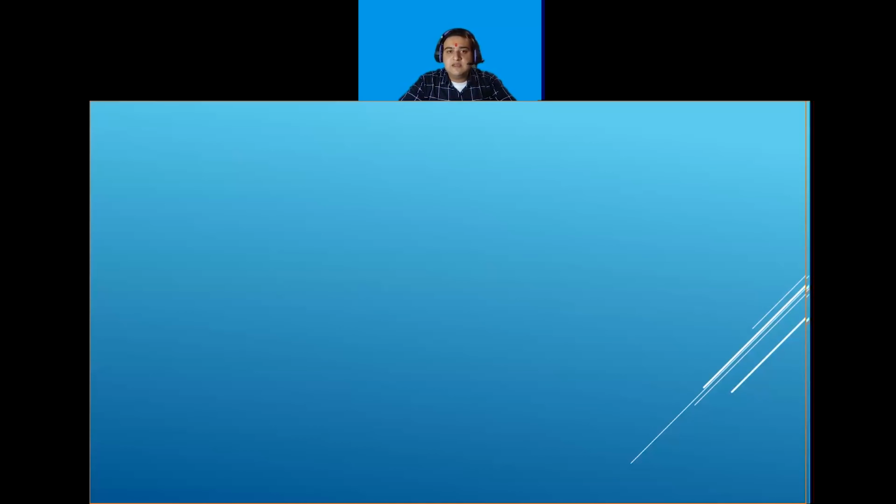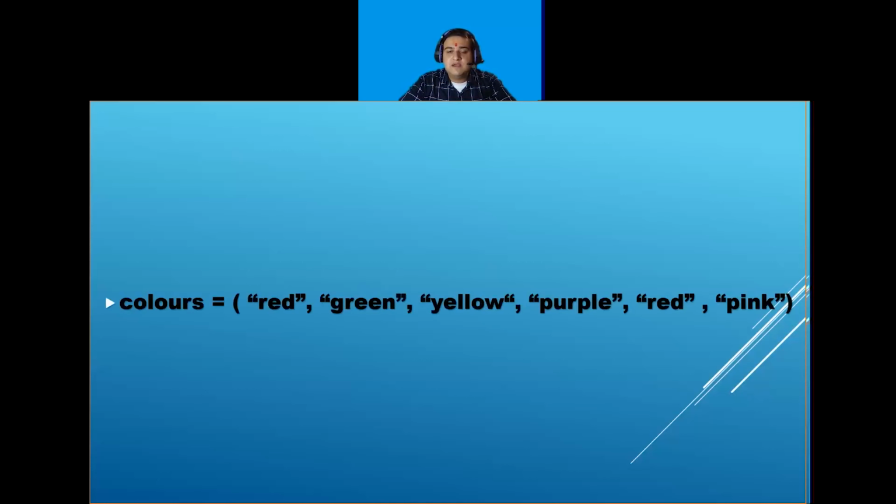Let's take another example. So here is my tuple. In this tuple, I want to print green, yellow and purple. So the green index number will be minus, so for pink it is minus 1, red minus 2, purple minus 3, yellow minus 4, green minus 5.